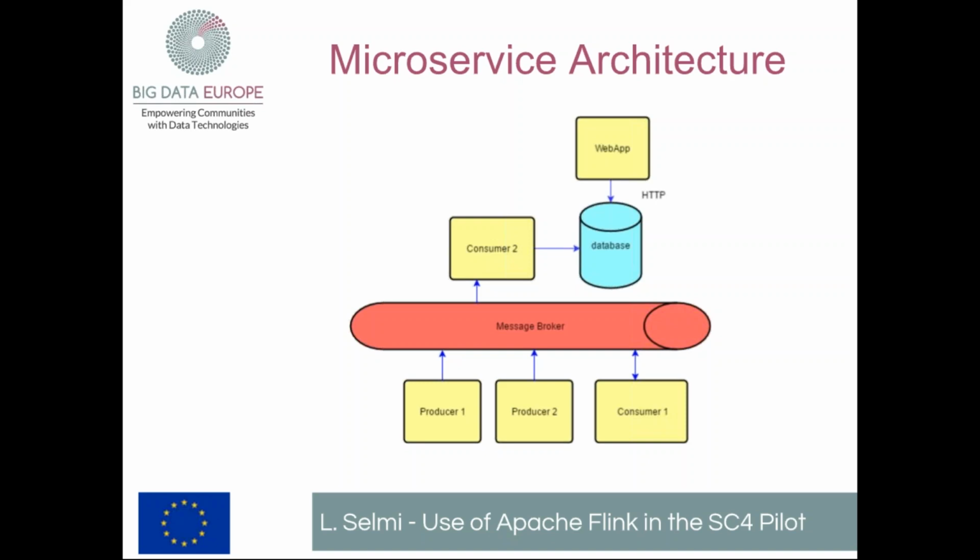So the idea is to build a data producer, for example, a producer that can take the near real-time data, put the data into the message broker, where a consumer, for example, a Flink job in our case, can process